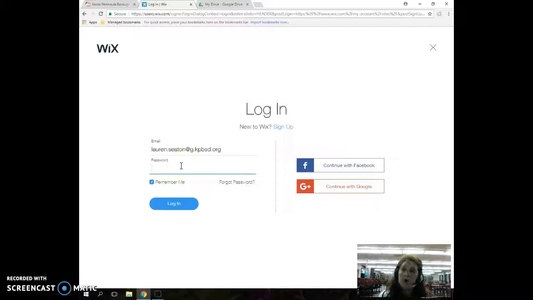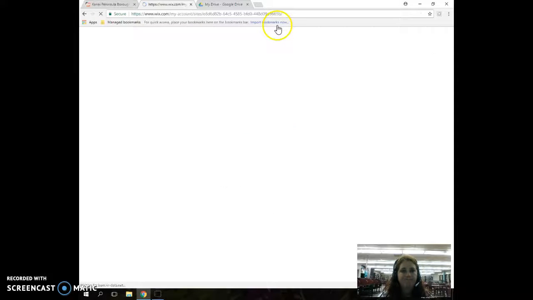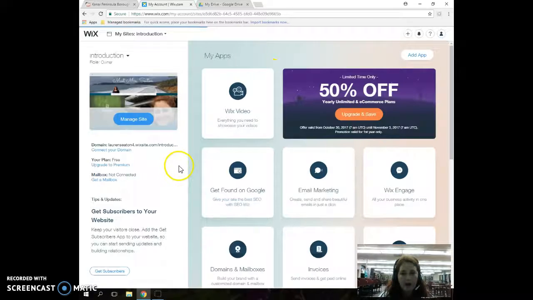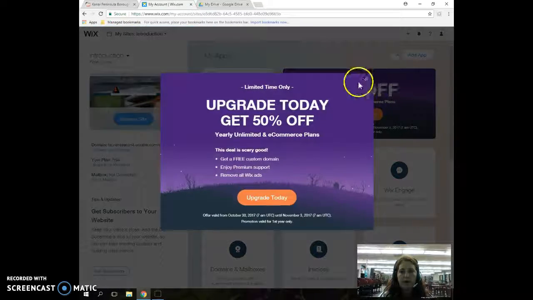Then you create your own password. And this is something that you have to really make sure you remember, because again, I have no control over it. Then you're going to click sign up. Oops, I did the wrong password. So then you log in, and you are going to start by creating your own website,